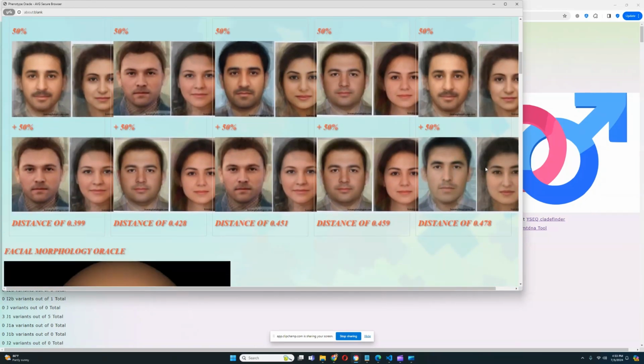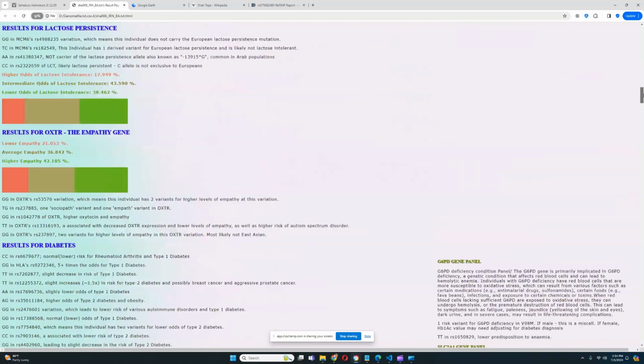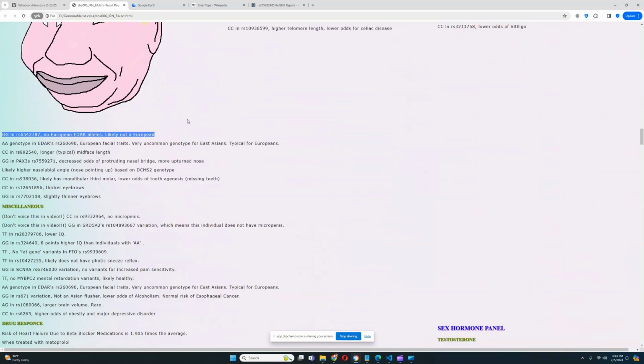And this phenotype right here also has these Mongolish, Amerindianish traits. So does this one. In truth be told, so does this one as well. So a lot of these phenotypes that she scores are partly East Eurasian in appearance, and that is because the reason she scores these phenotypes is because of this genotype right here in EDAR. That's not a European genotype in EDAR, and because of that, she's scoring these Central Asian